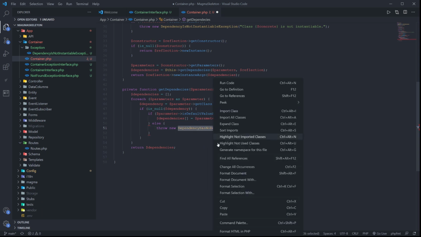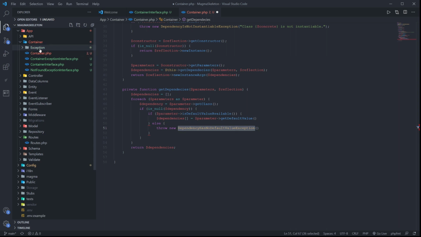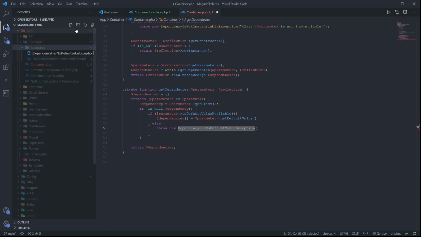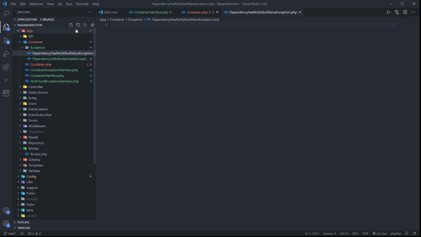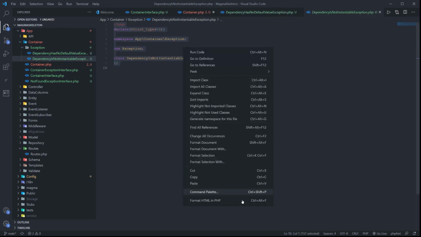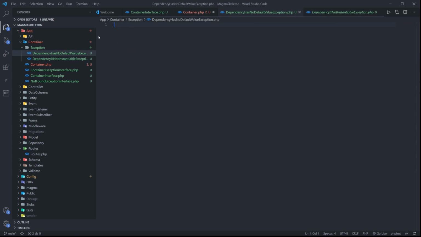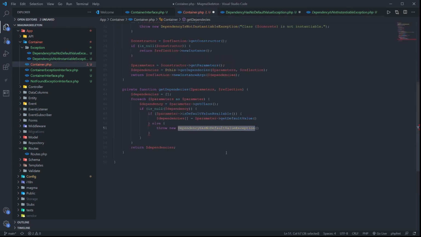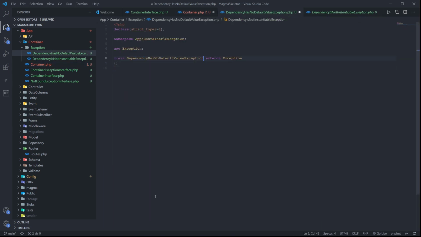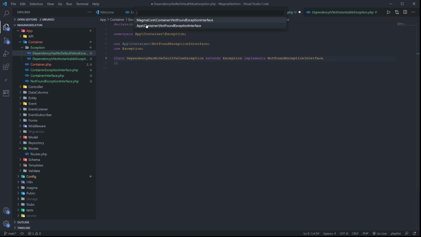So I'm going to say dependency has no default value exception. I'm going to copy this text. I'm going to create the file in our exception directory, create a new file, paste it, .php. Let me just copy and paste what we've got in here and paste it in this new class. Get the name again, paste it there. So we are extending the exception class, but we're also going to be implementing that not found exception interface that we got from the PSR website. Let's bring that in, import that in, and this one,